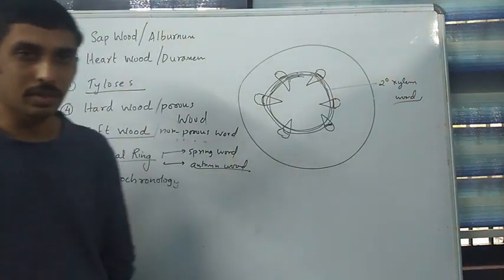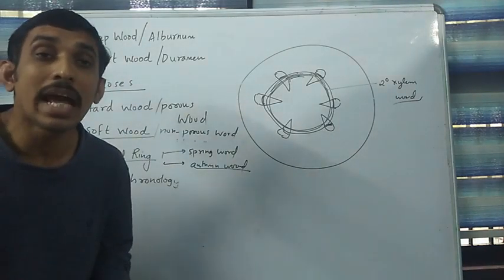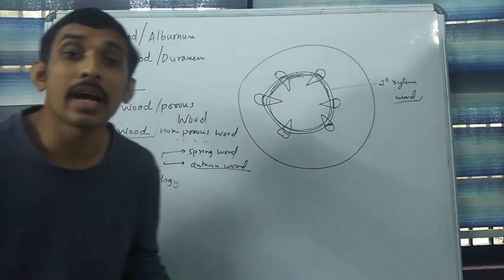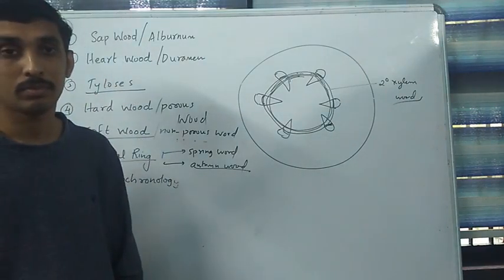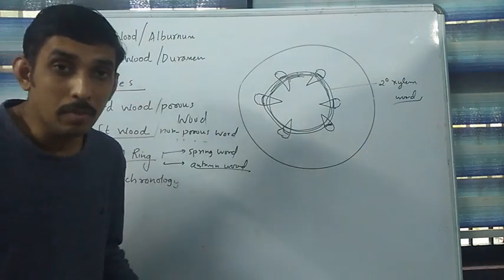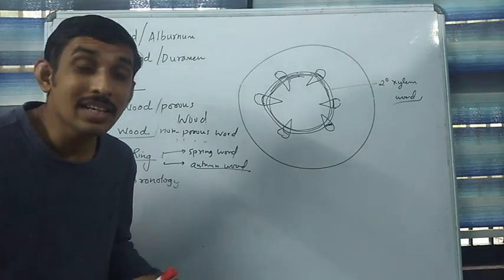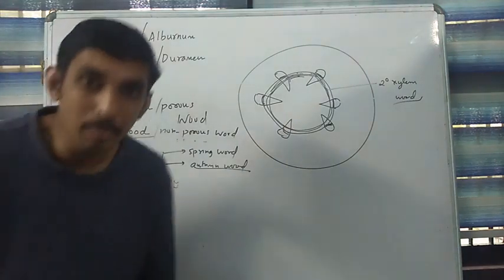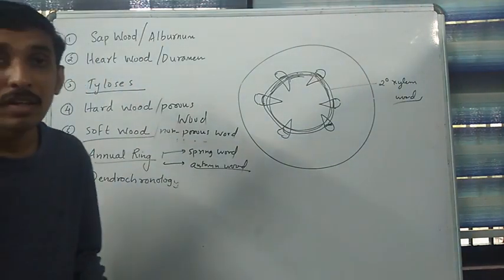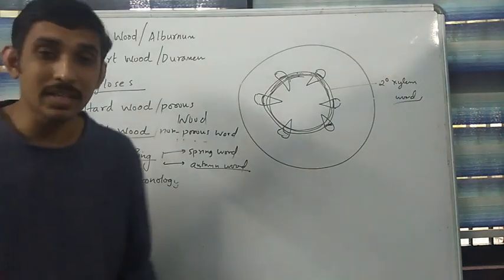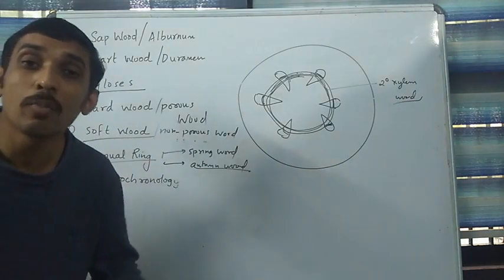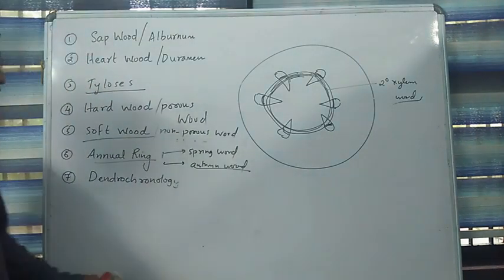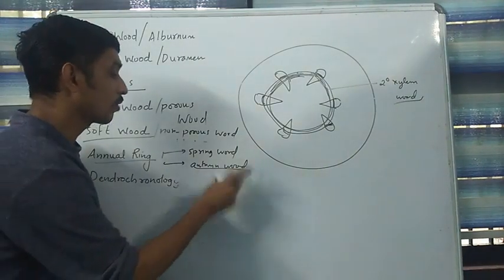During favorable conditions, the cambial ring is very active. That cambial ring produces a larger amount of secondary xylem and secondary phloem. So when the cambial ring is highly active during favorable conditions, it produces more secondary xylem. Such secondary xylem possesses xylem vessels with wider lumen or wider cavity. Such secondary xylem is called autumn wood.